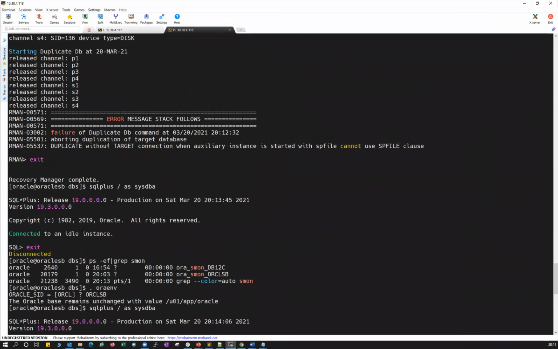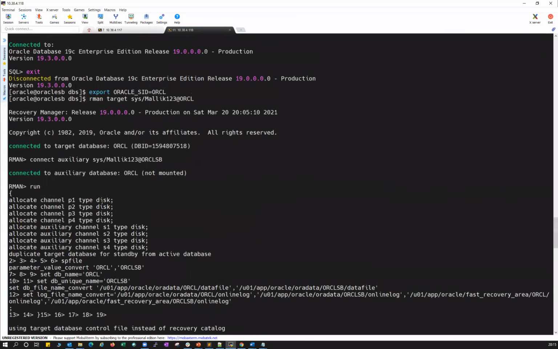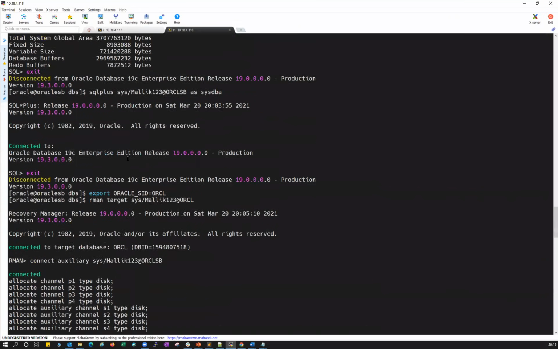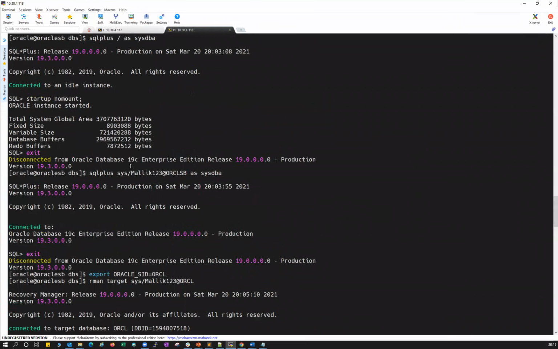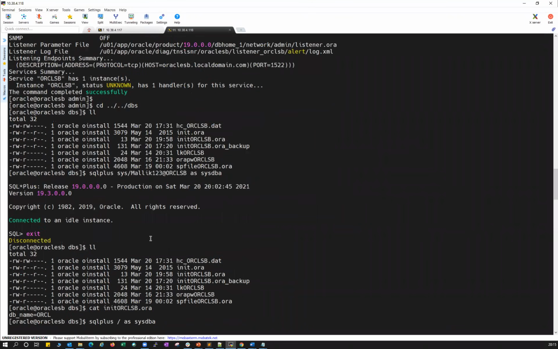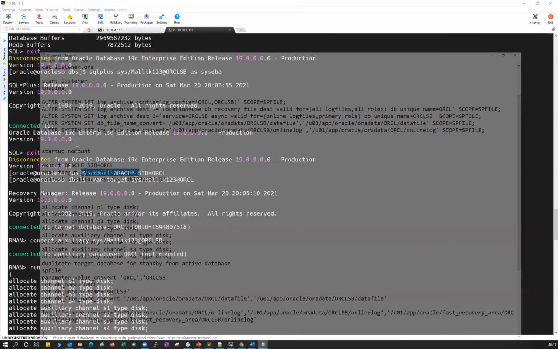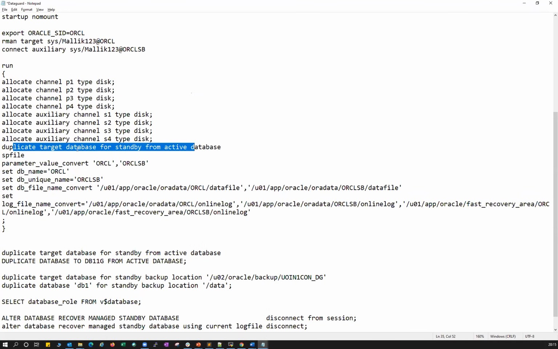And then the issue pointed out here: cannot use a SP file clause. Because this is dynamic, the SP file will be restored from your, where is that? Whenever you do the active database duplicate for your standby database, automatically your SP file will be restored from your production database.